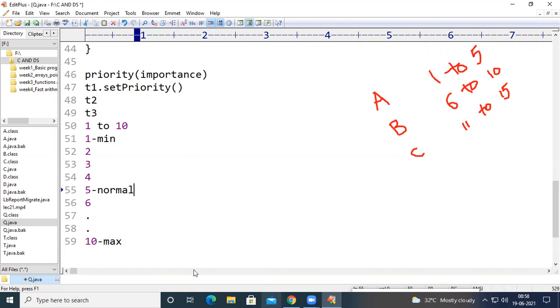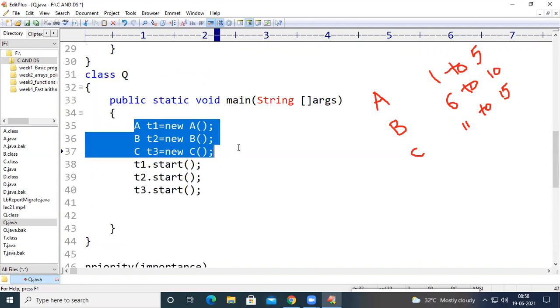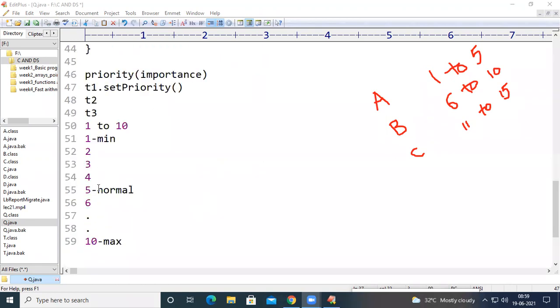See here, I have created 3 threads. All the 3 threads will have the priority of 5, because 5 is the normal priority that is given to the main thread or T1, T2, T3, or if you create 100 threads, all the 100 threads will have the normal priority of 5 by default. Now, as a programmer, depending upon our need, we will tell the JVM to execute a particular thread first.